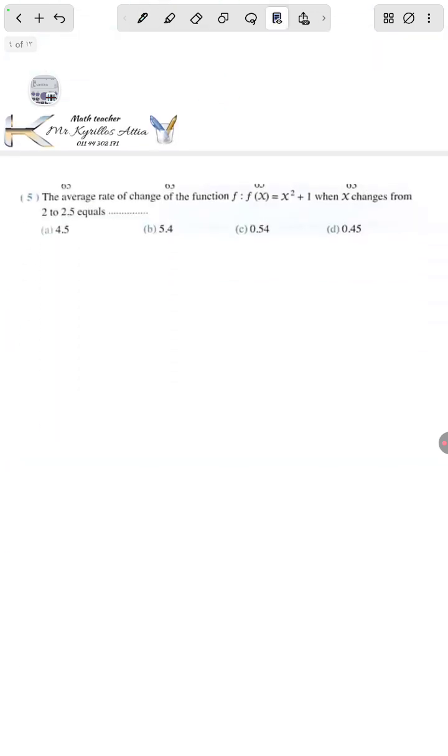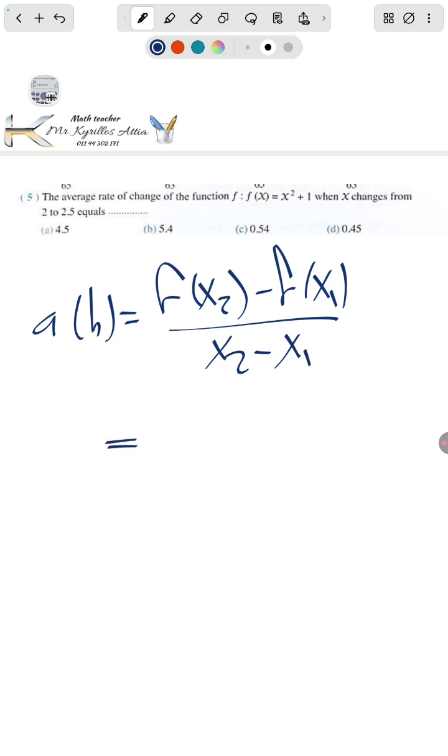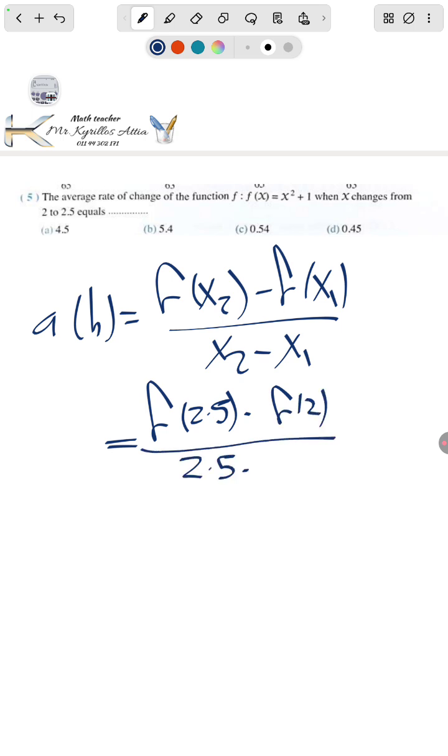The average rate of change of the function f, where f of x equals x power 2 plus 1, when x changes from 2 to 2.5. The average rate of change equals f of x2 minus f of x1 over x2 minus x1. F of x2 will be f of 2.5 minus f of x1, which will be f of 2, over 2.5 minus 2. F of 2.5 will be